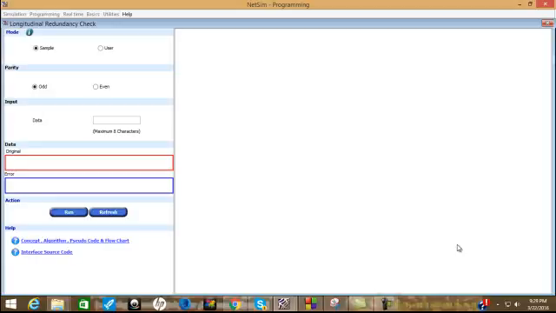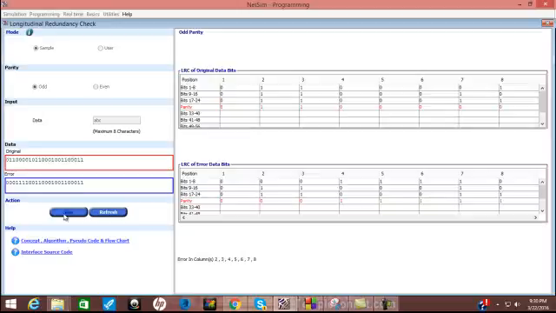So this is basically the screen which we see when we open longitudinal redundancy check in NetSim. There are two basic modes of operating: one is sample and the other is user. In NetSim you can choose odd parity or even parity, and the input you have to give through the NetSim main interface. For example, I will simply run this sample code. If I give A, B, C as the inputs, we get the following outputs.